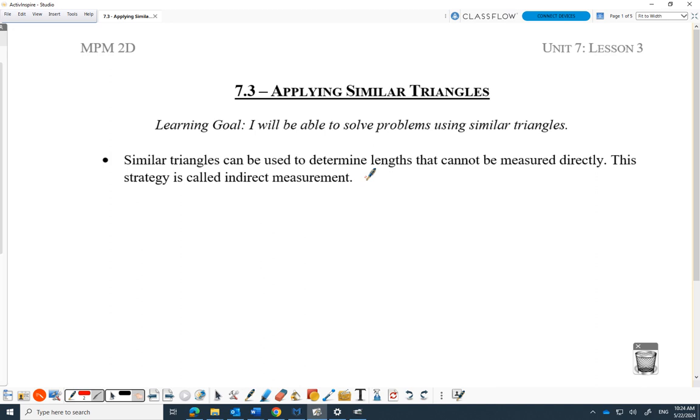But I don't think the thunking is as bad this chapter as last chapter. But we'll see. You decide, all right? When you have to draw the picture yourself. So anyways, learning goal. I'll be able to solve problems using similar triangles